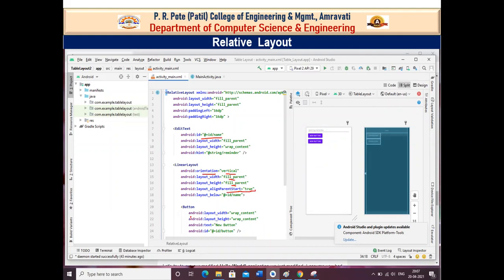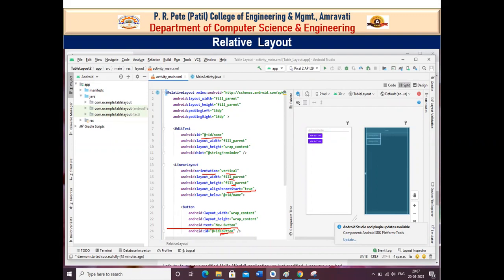So our first button, again width and height are the common properties that we have to specify, and the text of this button is new button. You can give any other name to your button, but here I have named my button new button. And Android ID, that is button, is the unique identification given to my button 1.